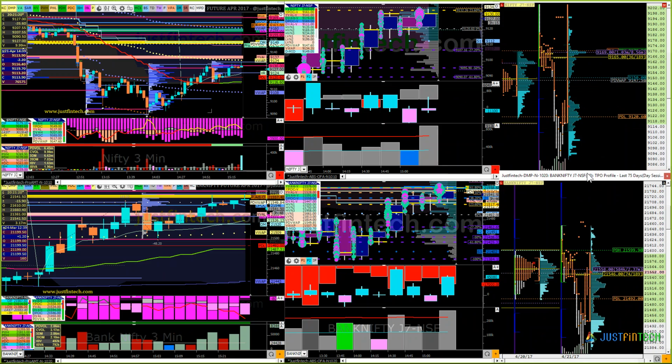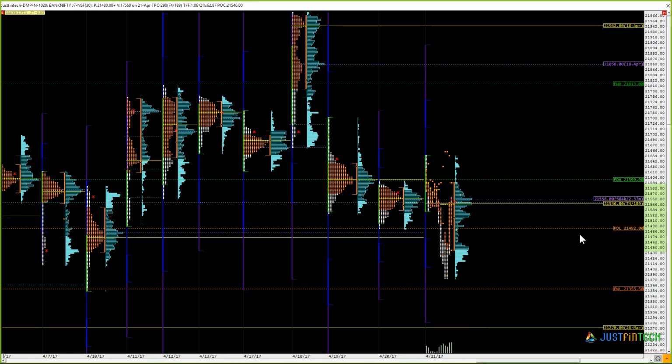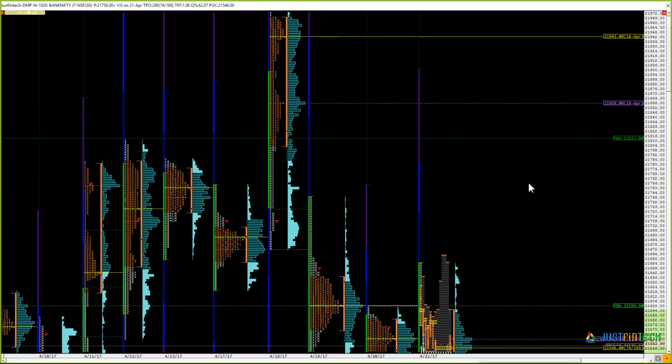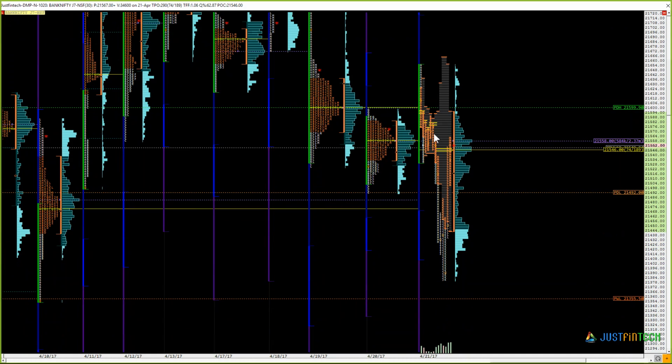Now let's have a look at the Bank Nifty profile. Bank Nifty profile, we again had a similar thing. Open above the range of the previous day, try to push up but fail and come inside. And create value within the previous day's value, try to push higher, fail, and then give a spike down. So one, two, three,